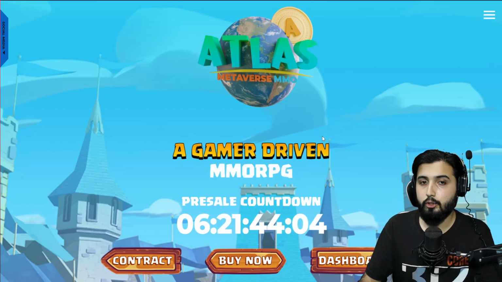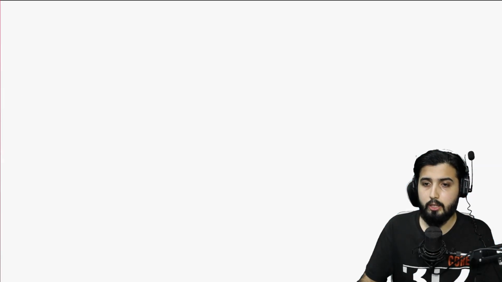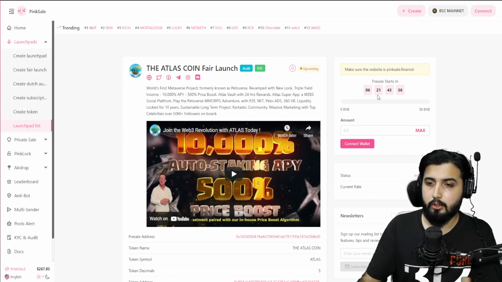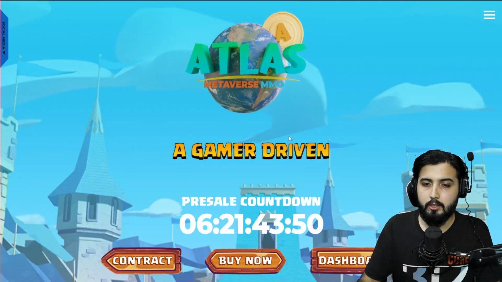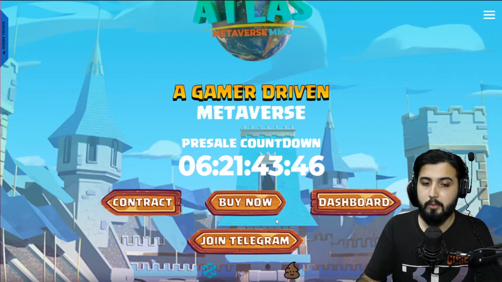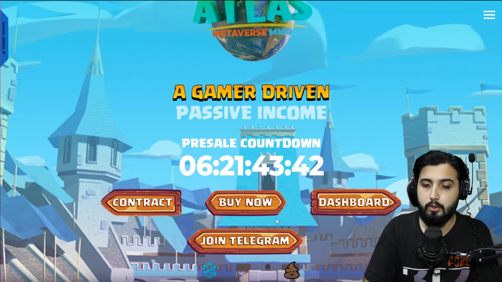Currently, there is going to be a pre-sale. It's going to be on PinkSale. That is where you can actually get this token at a discounted price. And you can see right now, from my perspective, there are 6 days, almost 7 days left. So make sure that you check the counter right here to know when the pre-sale is going to start, because this is an opportunity that you don't want to miss, because we always get the token at a discounted price